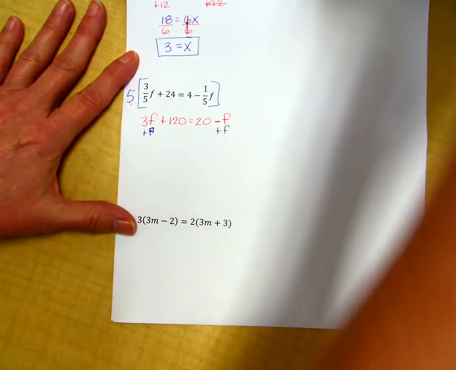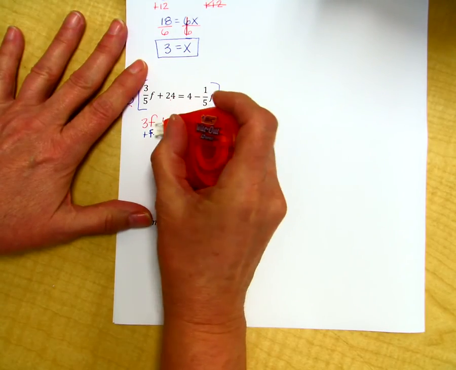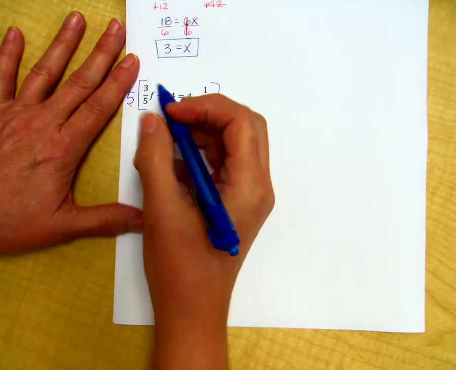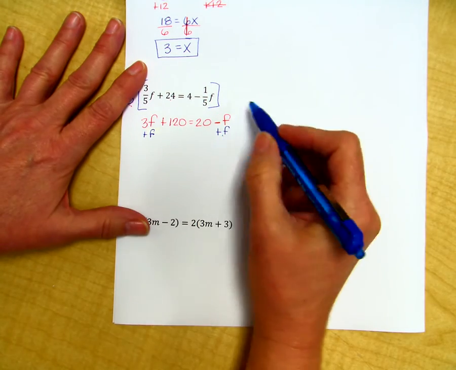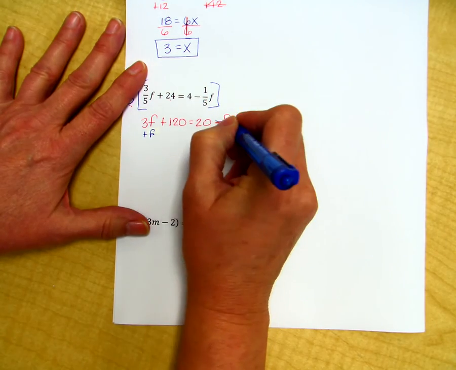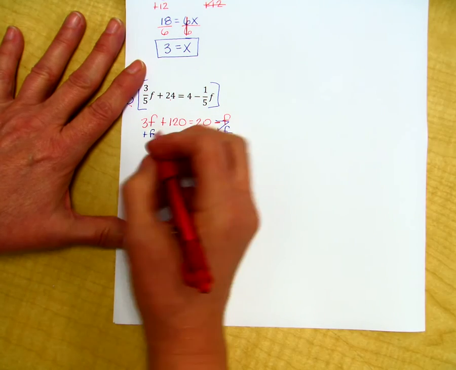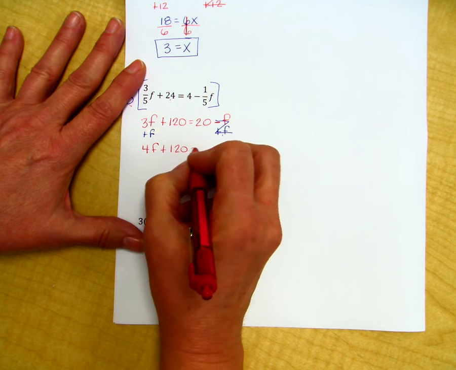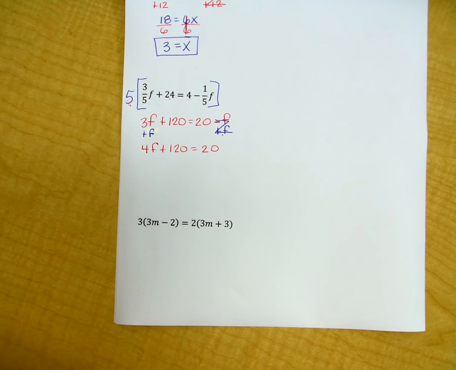Well, I just made a mistake, so we are going to wipe that out, and rewrite that f. So we are adding f to both sides. Over here, opposites do make a 0 pair, so those 0 out on the right-hand side. 3 plus 1 gives us 4f plus 120 equals 20. And that brings us to,